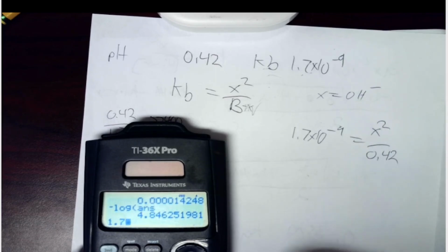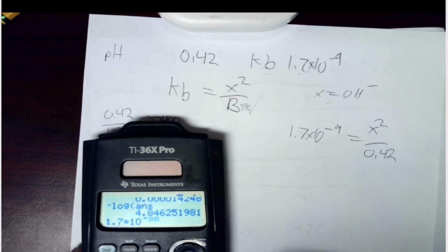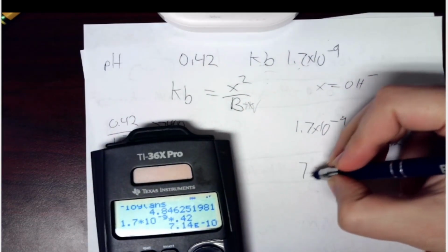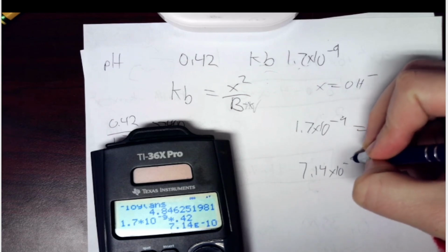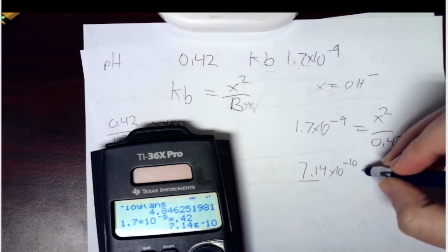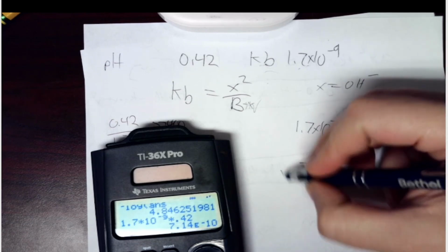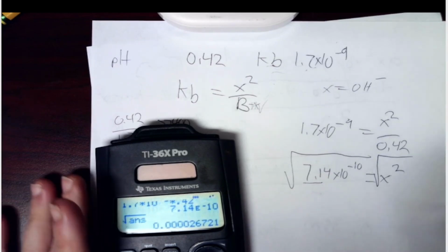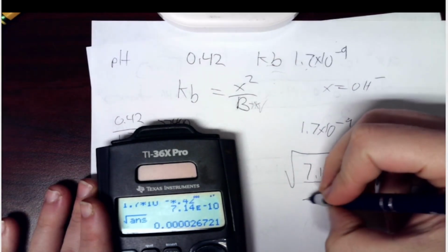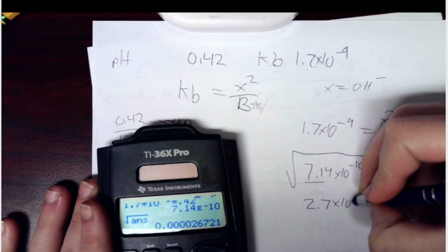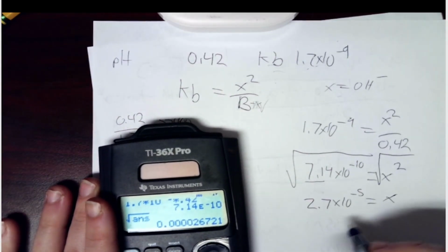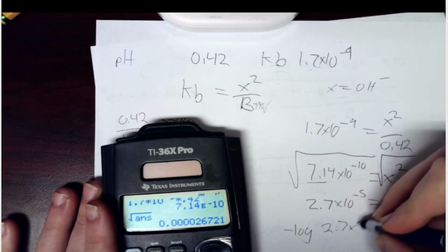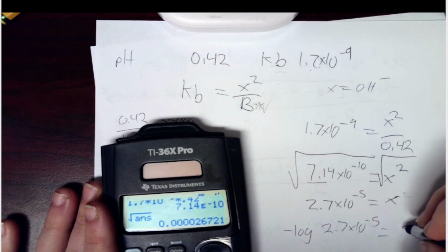So 1.7 times 10 to the negative 9 times 0.42. That gives us 7.14 times 10 to the negative 10th equals x squared. We square root both sides, we're going to get our x. Our x is, of course, going to be 2.7 times 10 to the negative 5th. If I take the negative log of that, 2.7 times 10 to the negative 5th, this is going to give us